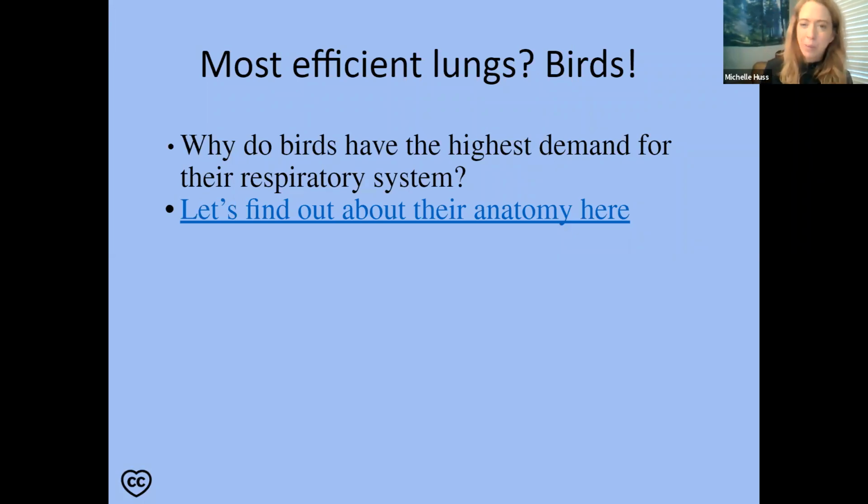Yep. I always think of mammals as having the most complicated everything. Nope, birds do, especially in this case. So the respiratory system of birds is more complex, more efficient than mammals. Why? Don't even worry about what it is. Why? Write it down. Why would birds need to have more efficiency?